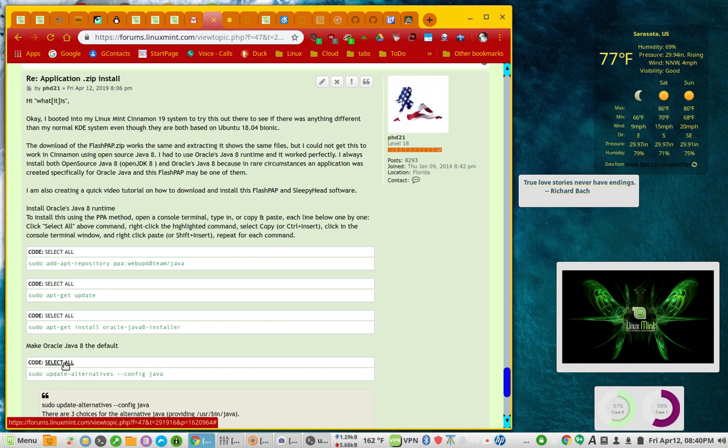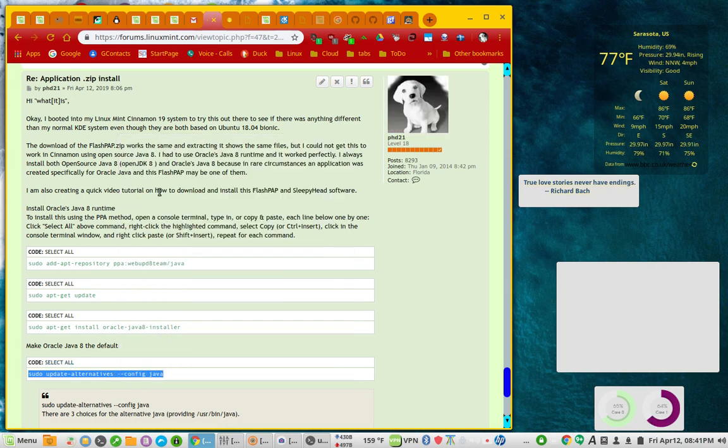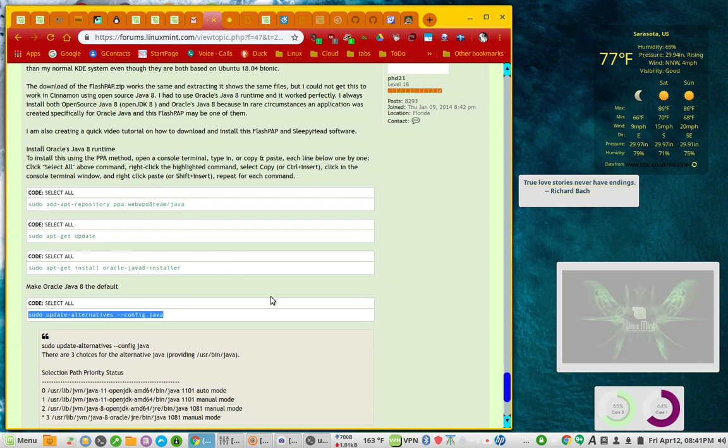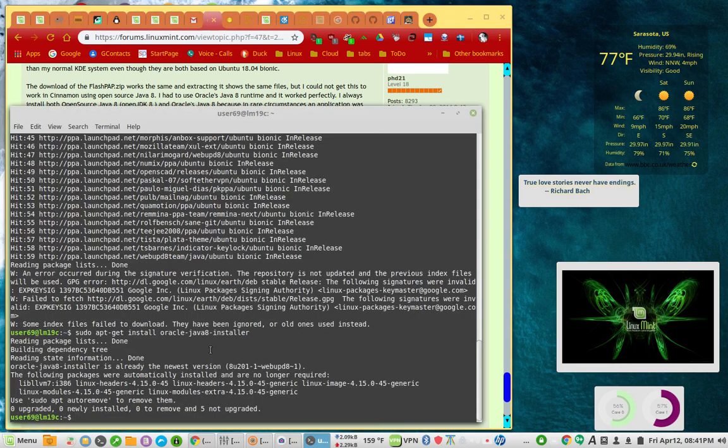Normally, you could use open source Java 8, unless you run into a situation where you've got a particular type of software that wants a specific version, like Oracle Java 8, and it's perfectly fine to set Oracle's Java